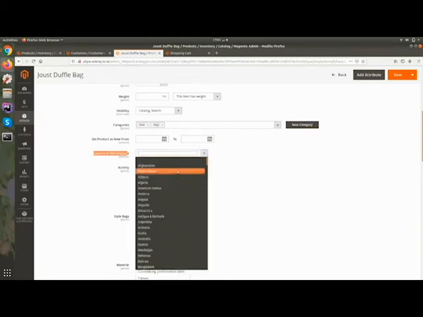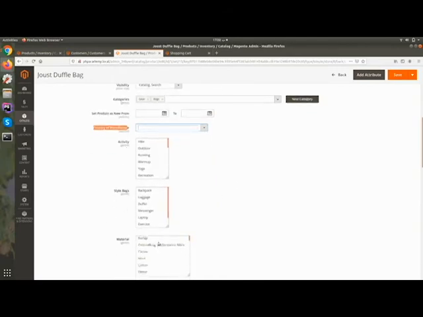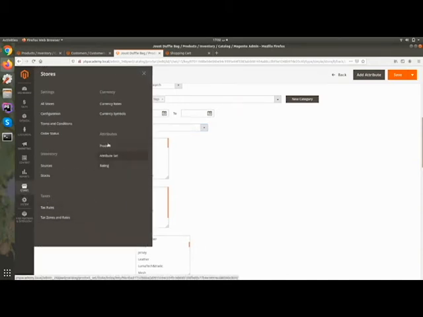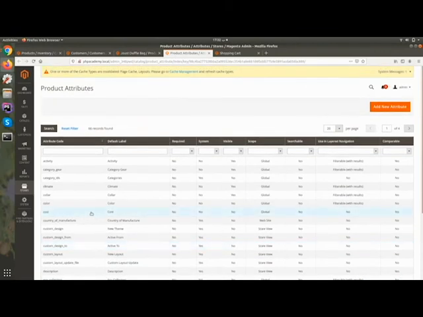Then you can use this attribute to select the manufacturer country, meaning if you want to mention a product's manufacturer country, you can mention it from here, like if some product is coming from Japan or from Spain, you can select the required country. These all are attributes, and you can create new attributes from here. You can see attributes, and here you can see products. So from here you can manage and create attributes.